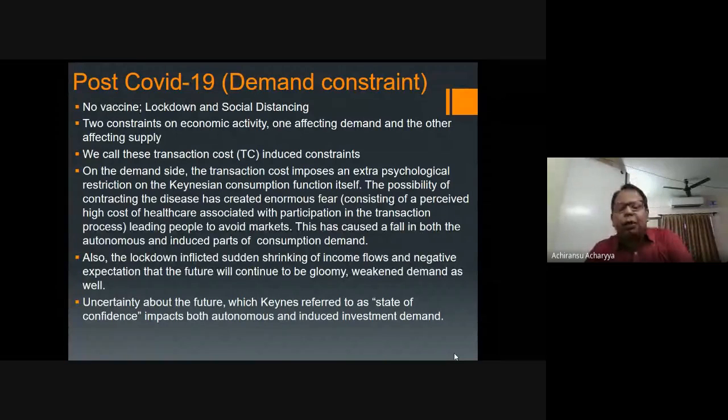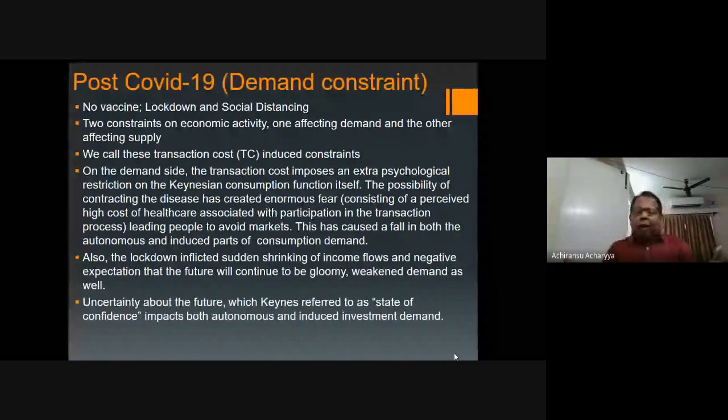Because on the demand side, the transaction cost imposes an extra psychological restriction on the Keynesian consumption function itself. The possibility of contracting the disease. So, I'm scared that I might have the disease. So I will not go to the market. I will not mix with others. And it will have a fear in me. So this disease has created an enormous fear amongst all of us,